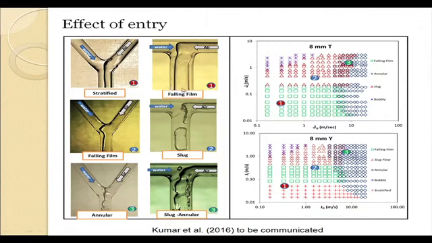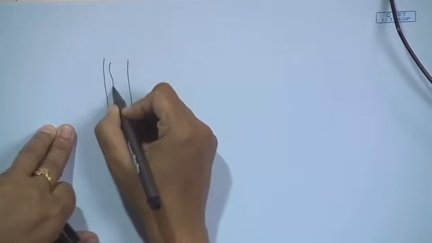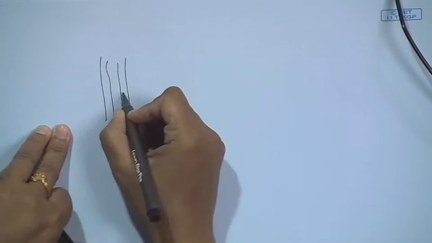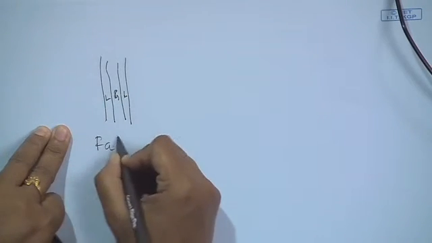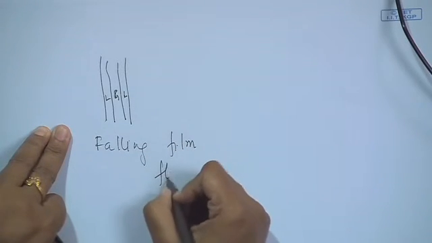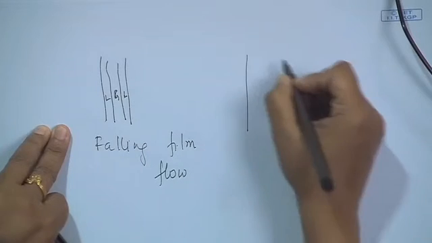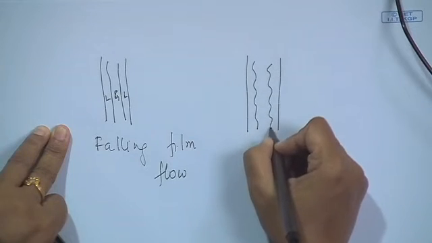Usually we have designated this pattern as a falling film flow and annular flow, because for the downflow case what we have postulated is that when the liquid and gas are flowing with a smooth interface, liquid here, gas is here, we are going to call it a falling film flow. And now as we increase the gas velocity, we find the surface becomes very wavy, and due